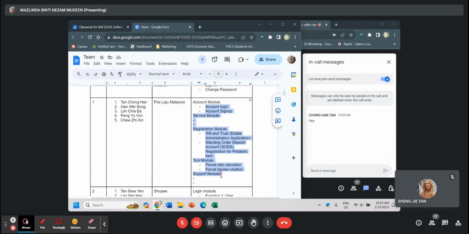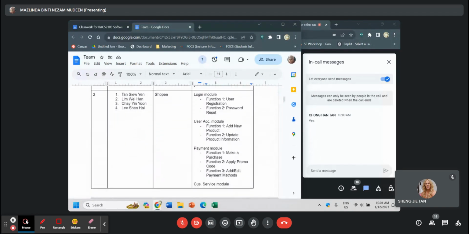Because I don't want any UI functionality. I want complete functionality. So this calculator, chatbot, right? Is the calculator chatbot more to UI? And do we have proper steps to produce our test case? And also, do we have the data? It means I can have valid data and invalid data. And also, I want to know more about this function. I will come back to group one. Let me move to group two first.